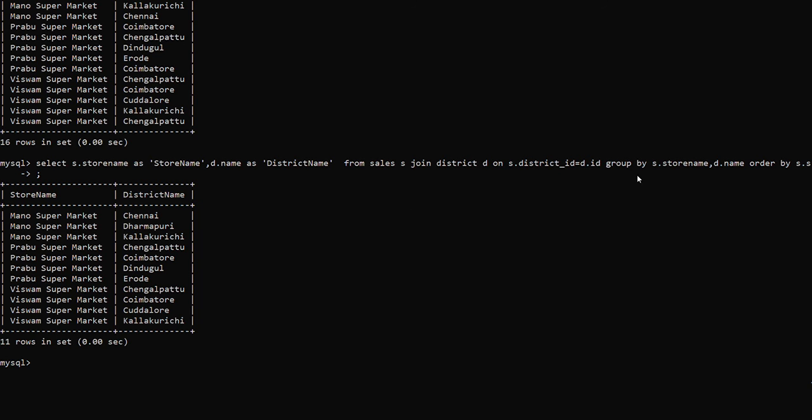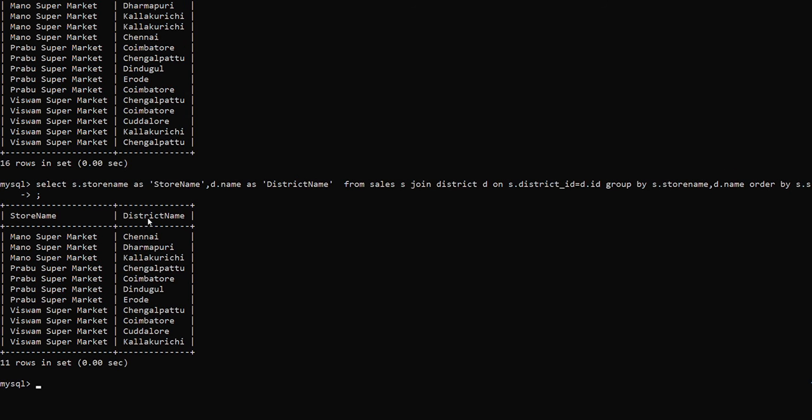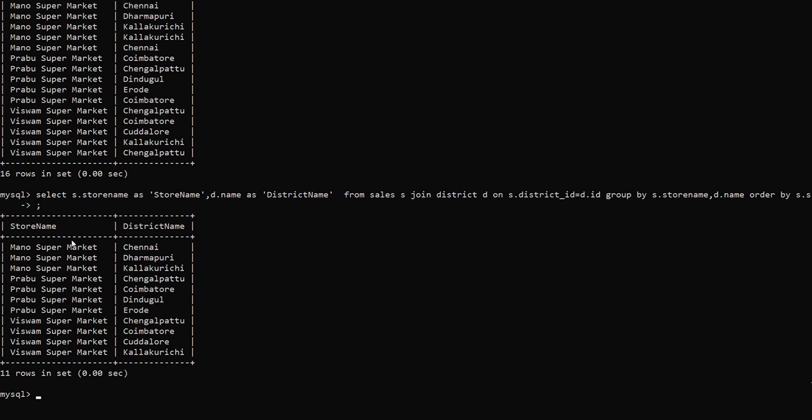Here I have used group by using the columns store name and district name, so we are getting only one value for the district names. This is how we get the unique stores in different districts using inner join.